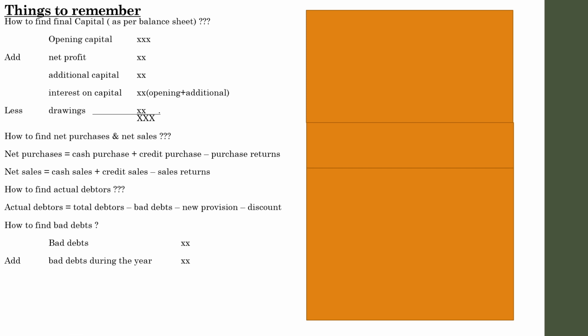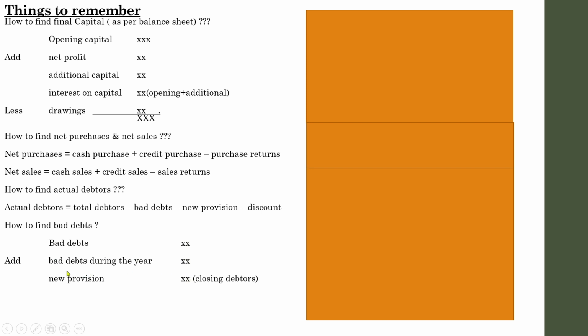I hope you know the meaning of adjustments. Any additional information that occurred or was created after the preparation of the account, that is known as bad debts during the year. It will be given in the adjustments, not in the statements or any of the formats. Next, you need to add new provision. Sometimes new provision has to be found out on the basis of the closing debtors balance. We are not going to discuss those advanced cases. We will discuss that during the practical case. Anyway, remember bad debts, add bad debts during the year, it will be given in the adjustments or additional information.